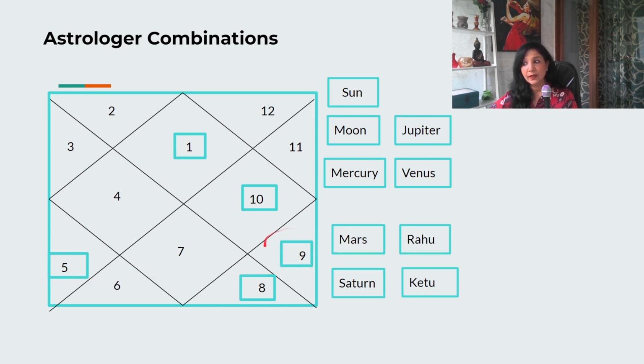Then ninth house is higher knowledge, guidance. So if these houses are involved, then only one can become a teacher. And then of course 8th house has to be involved, because without research, a teacher cannot explain either. Then if one has to write a book, see these combinations, which I have said, first